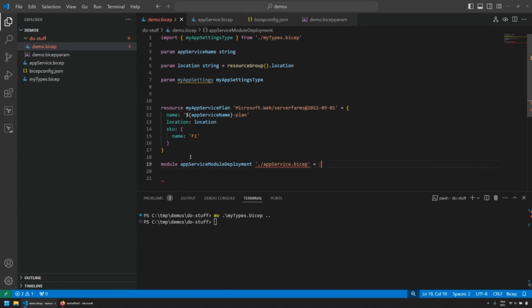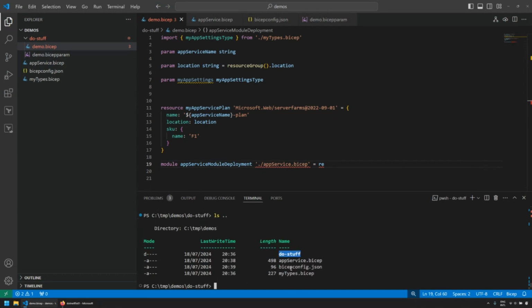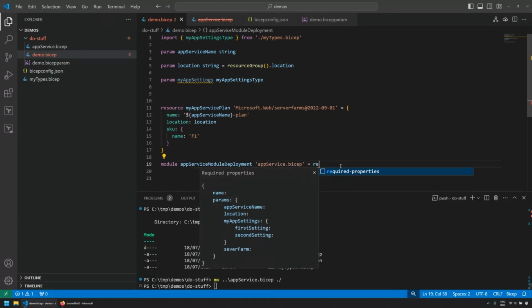It must be in the folder. It's not in the folder. Yeah, I think it's one level higher. Okay, so now it's happy. There we go.